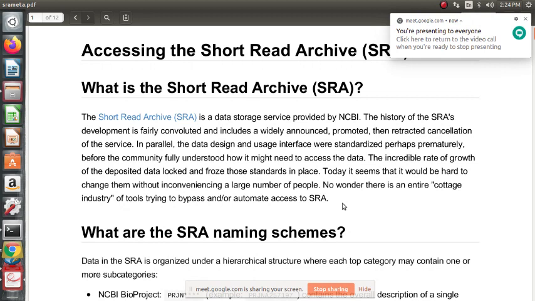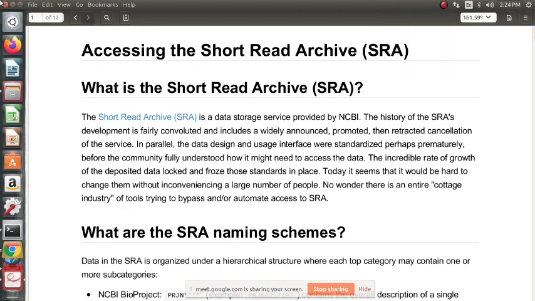The SRA, Short Read Archive, is a data storage service provided by NCBI. The history of SRA's development is fairly convoluted and includes a widely announced, promoted, and then retracted cancellation of the service. In parallel, the data design and user interface were standardized perhaps prematurely, before the community fully understood how it might need to access the data.